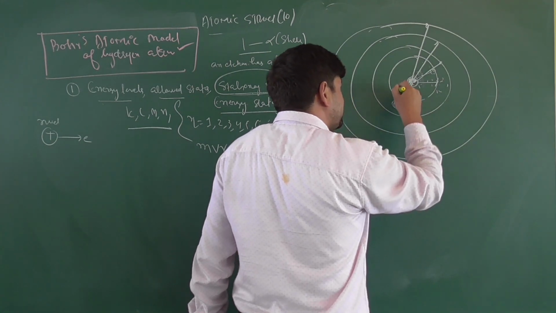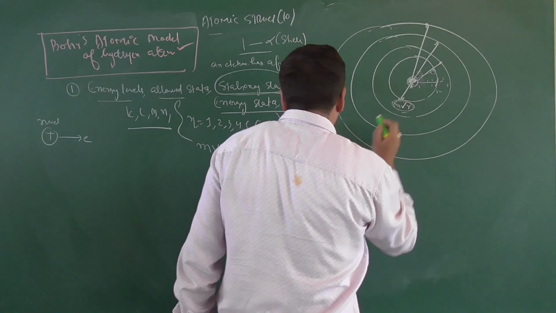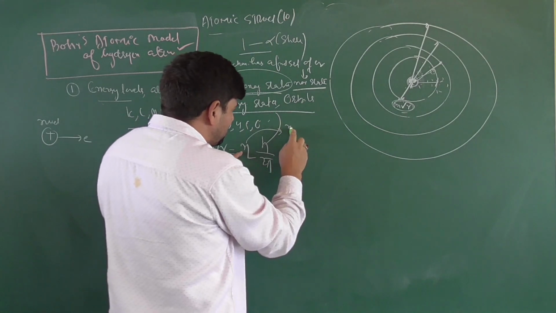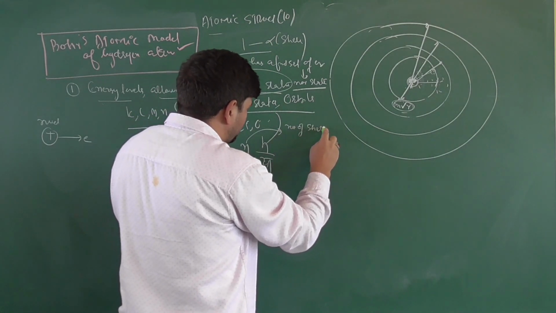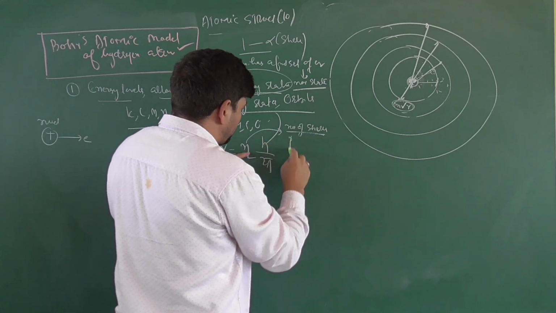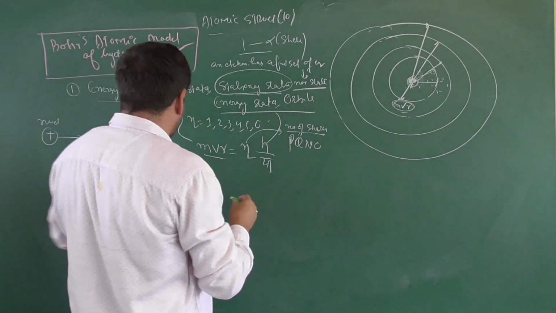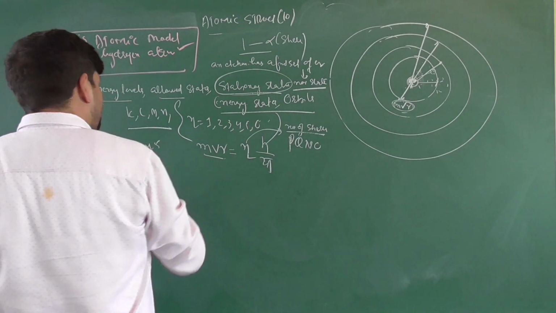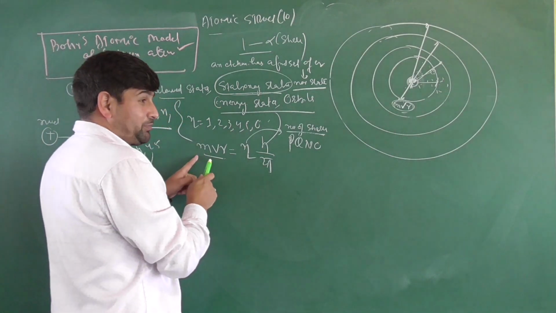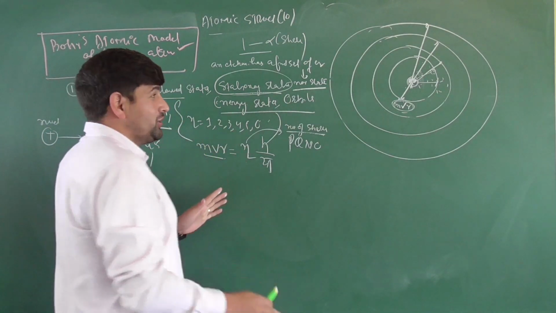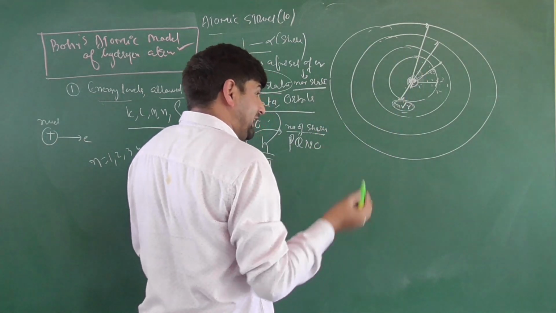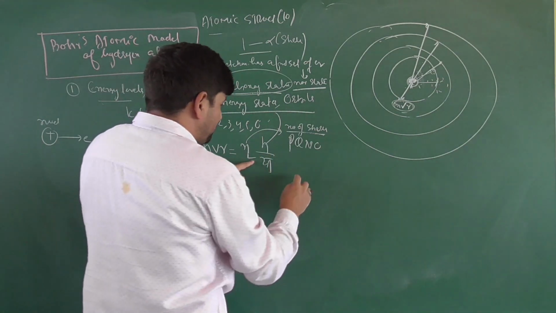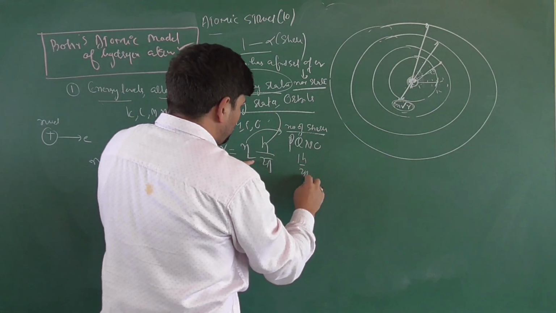Only those electrons are able to be present around the nucleus wherein their angular momentum is an integral multiple of h by 2 pi, mvr equals nh by 2 pi, where n stands for the number of the shell we are talking about. In other words, n stands for principal quantum number, and we know the values of n can be 1, 2, 3, 4, 5, right? So only those shells are possible where angular momentum is fixed. Technically, it means only those shells are possible wherein the electron has angular momentum of an integral multiple of h by 2 pi. So you can have 1 h by 2 pi.